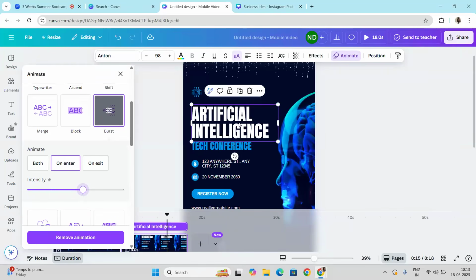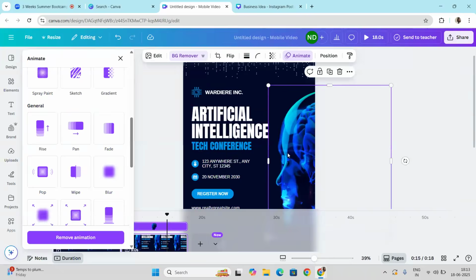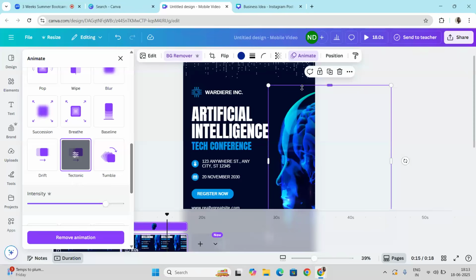So this is what will convert your poster into a video form, if you choose any kind of animation over it. And this is how you can select each and every element placed on this particular poster. Just click on that animate option, and this is how you can change each element's animation in a single click.